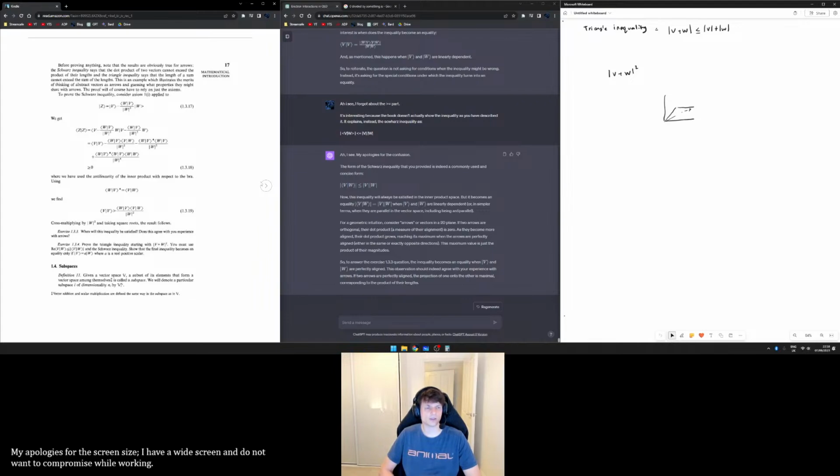Show that the final inequality becomes an equality only if the two are parallel. So we need to say, well, what if they're not equal? Then this would happen,